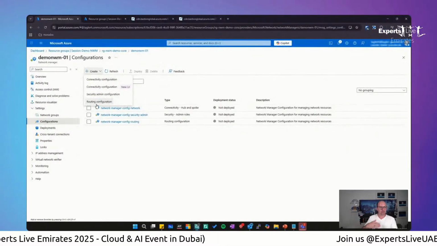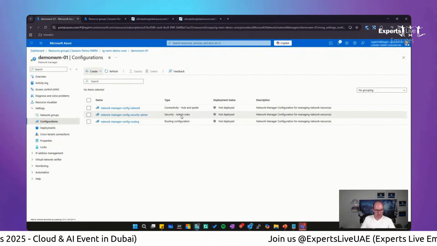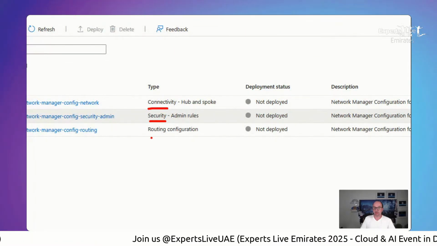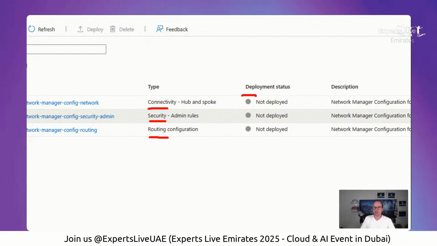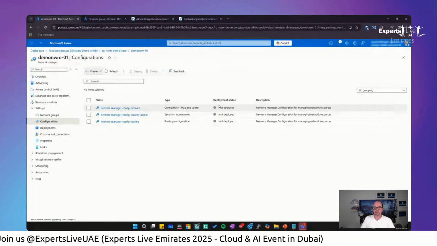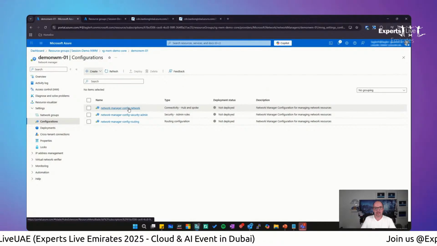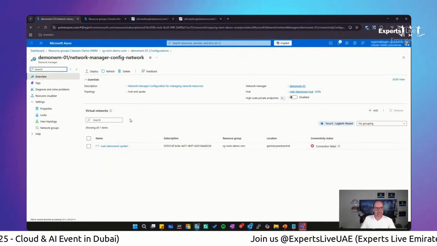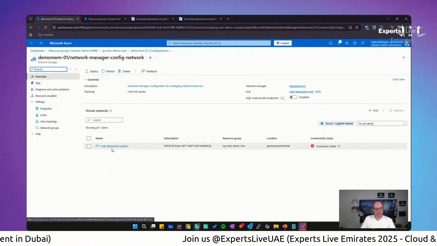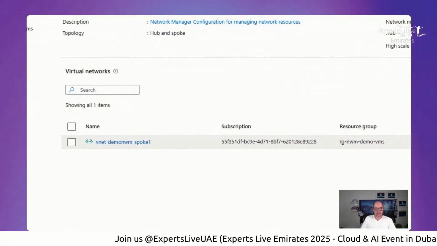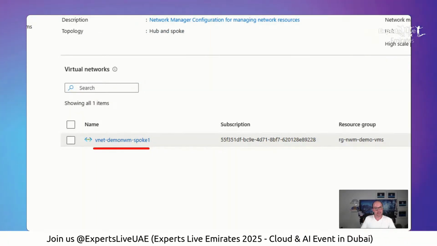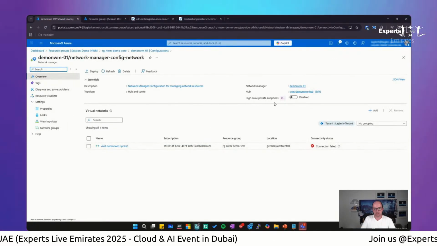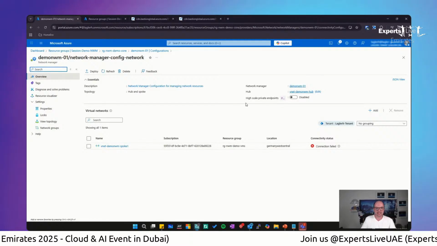In my case, I've prepared everything, and you can see here I have one connectivity configuration in place, one security, and one routing, but with the status not deployed at the moment. So I'm going ahead and checking my network configuration. Inside my network configuration, you can see I have one virtual network assigned. Why is it assigned? Because it's a member of my resource group, my network group that is assigned to exactly